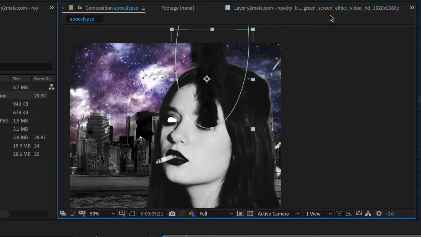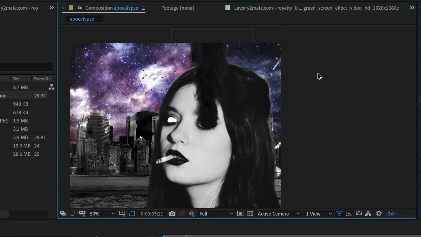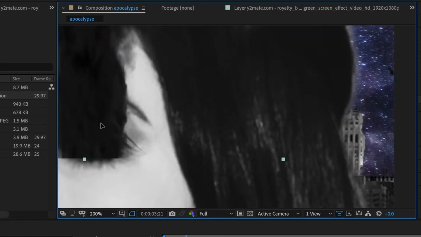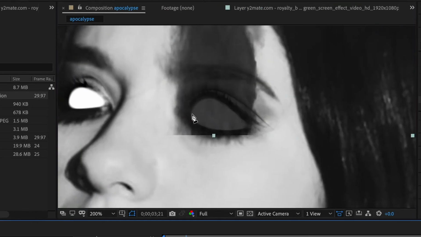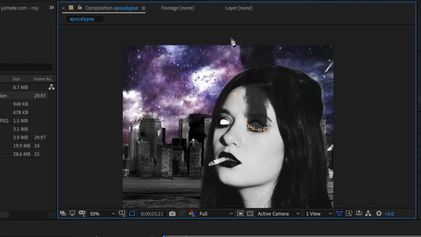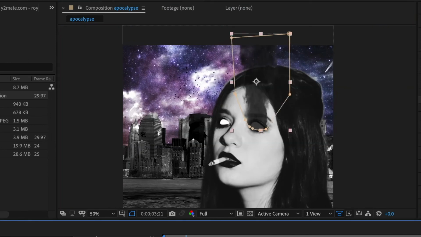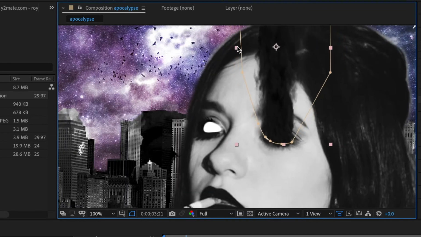Alright, so here is where I tried masking the smoke to make it look like it's coming out of her eyes. And I'm not super familiar with masking in After Effects. Like I said, I've done it a few times, but I was trying to be lazy and see what I could get away with by using that circle method. I was like, nah, we're gonna have to use the pen tool. So that's what I did. I just used the pen tool and went along her lower waterline so that the smoke would fit inside the shape of her eye.